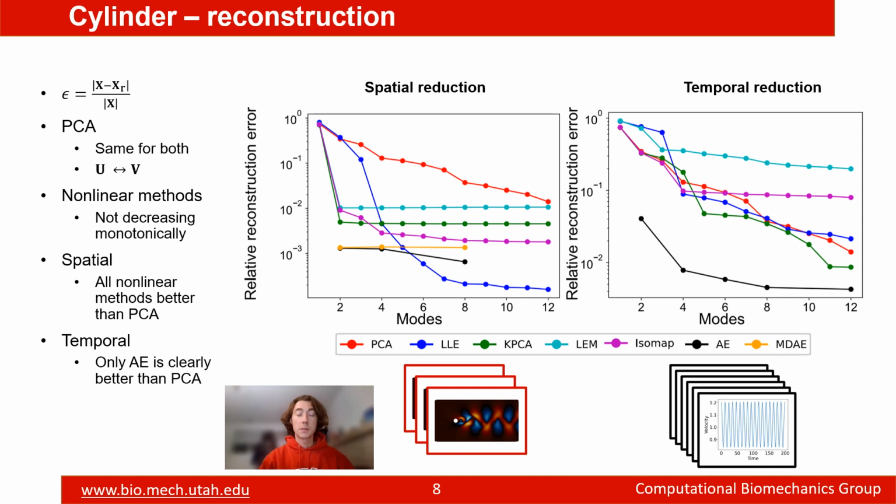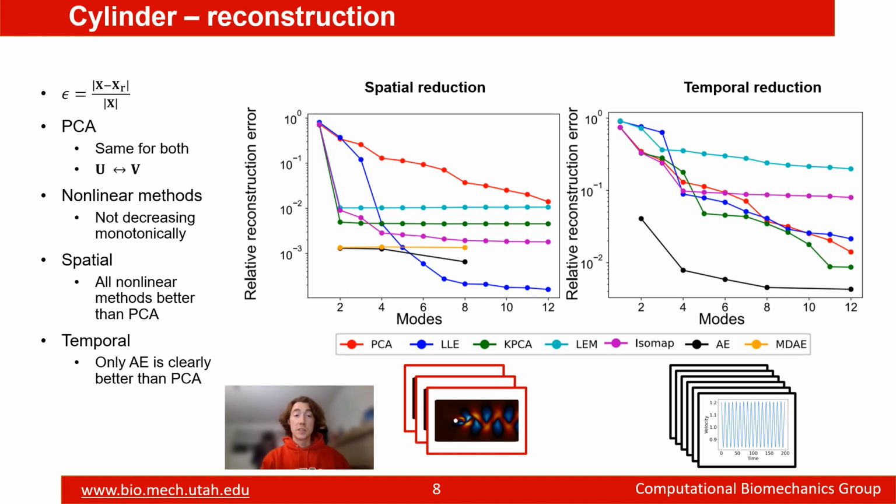Here we see the relative reconstruction error as a function of the number of modes, which is the size of the latent space. On the left is for spatial reduction, on the right for temporal reduction. For PCA, both spatial and temporal reduction give the same results, as doing PCA on X and X transpose is the same. For spatial reduction, what we can see is that all nonlinear methods have a smaller reconstruction error than